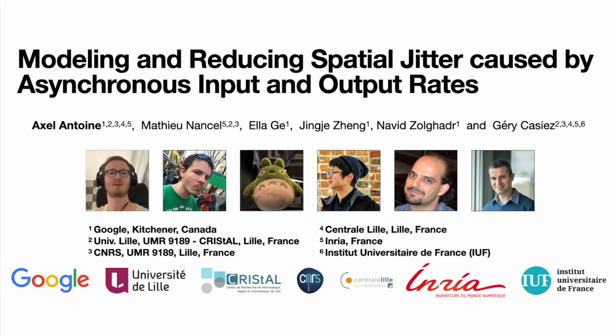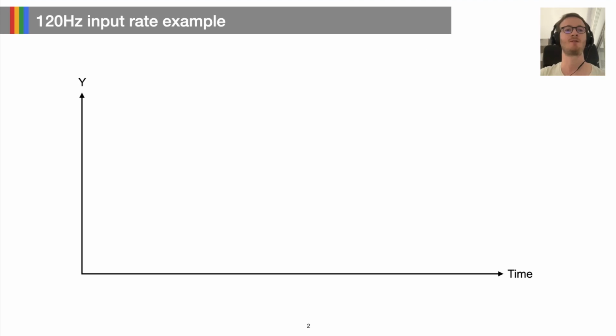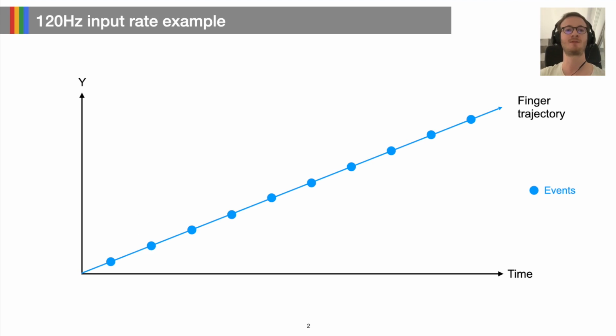Hi everyone, I'm Axel and I'm going to present the work I did during last summer's internship at Google in the Chrome team in Canada. I've worked with Ila, Jingjie and Navid from Google and with Gery and Mathieu from the University of Lille and INRIA in France. To understand how asynchronicity of input and output frequencies can lead to spatial jitter, let's observe a